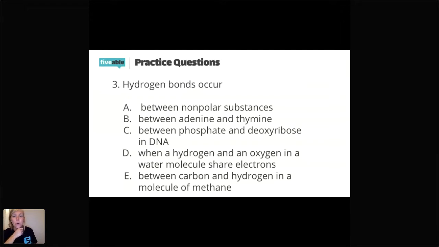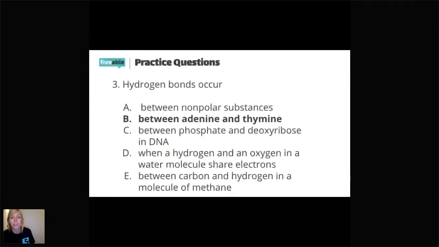And for each of the two incorrect ones, be comfortable being able to explain what kind of bonds are made or where you see these things happening. It may seem like an easy question, but make sure you're able to look at each option and talk about them individually. So the answer for this one, hydrogen bonds occur between the bases, so between adenine and